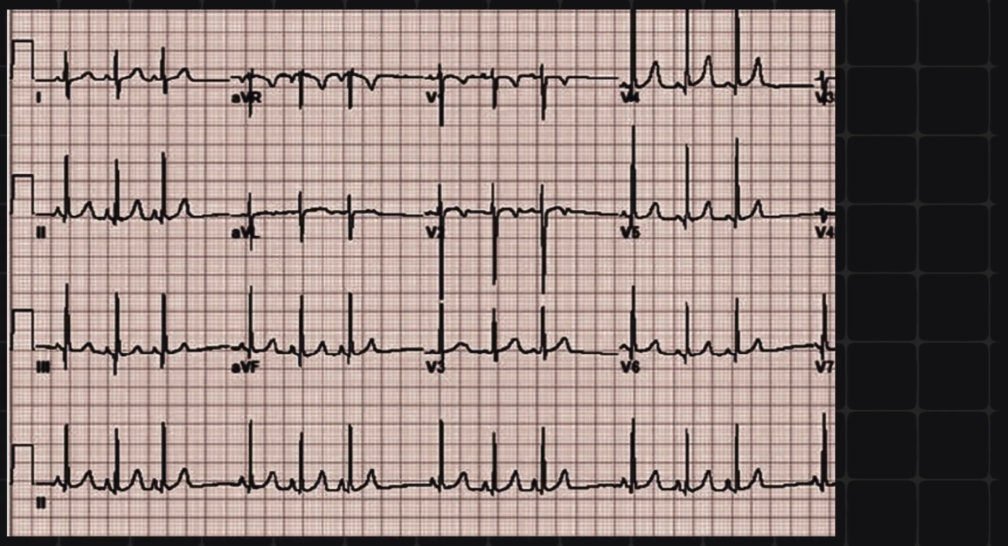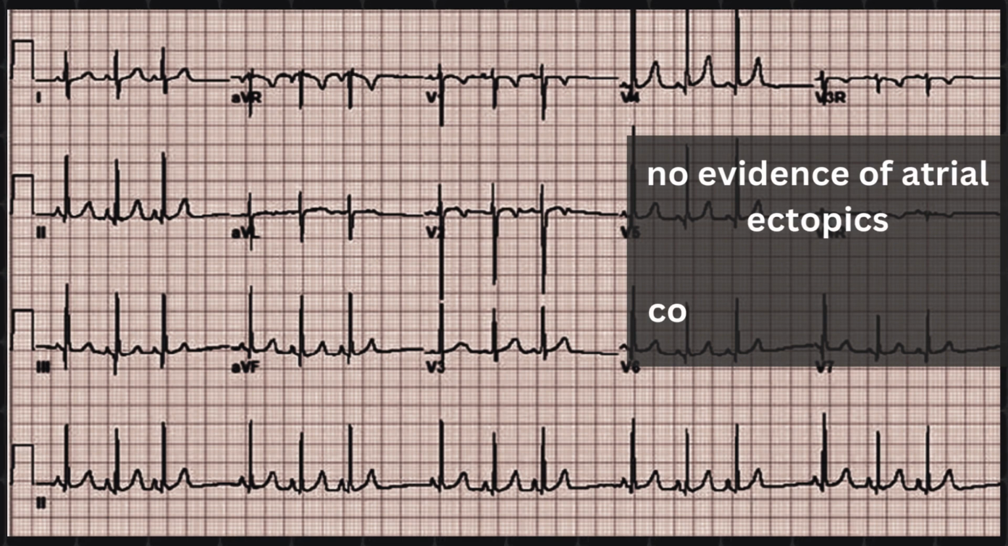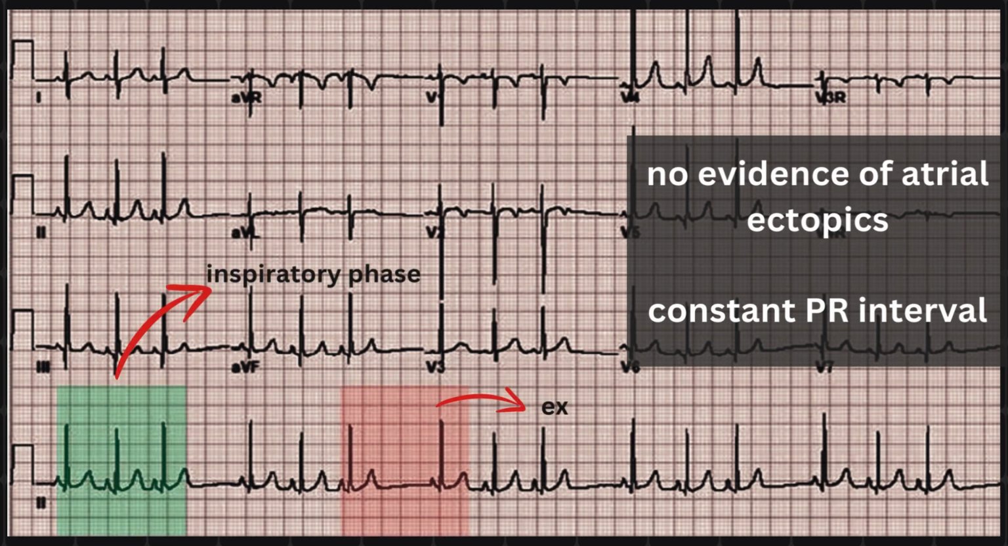Here the ECG will show normal sinus rhythm, and there will be no evidence of premature atrial contractions. The PR interval will be constant, that means there is no evidence of type 1 Mobitz AV block. Only the P to P interval lengthens and shortens in a cyclical fashion, usually corresponding to the phases of the